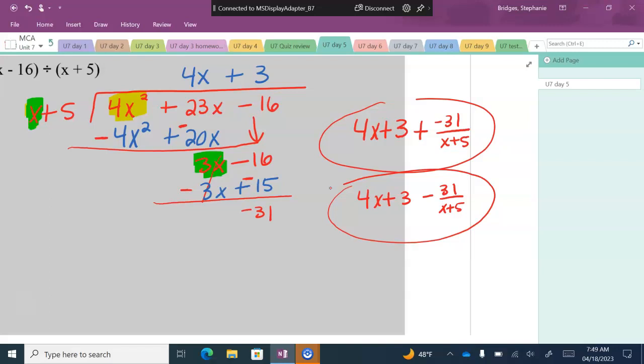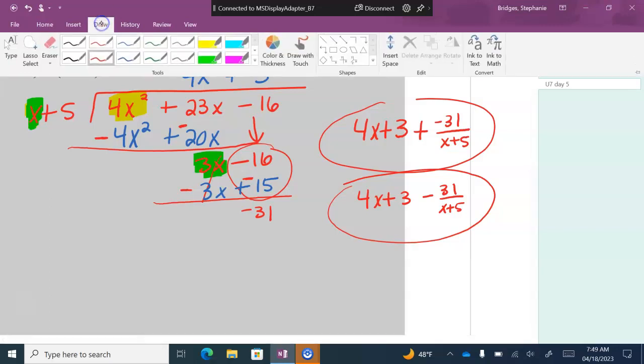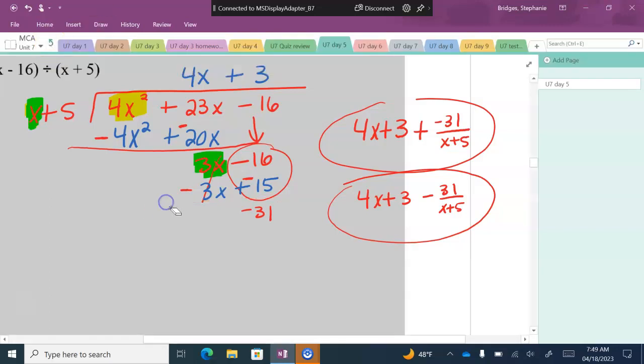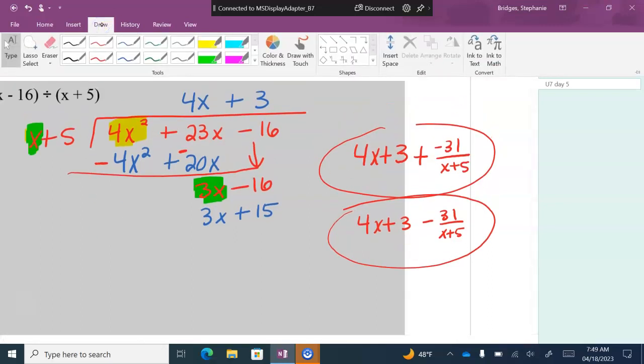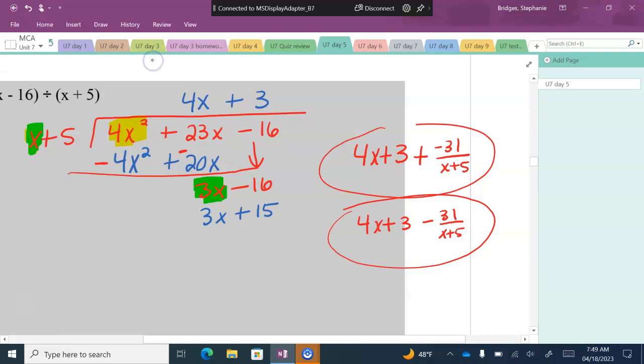Anybody have any questions? Negative 31, because I added the negative 16 and the negative 15. Because when I subtract, let me erase, hold on. Okay. So what I'm doing is I am taking, to get that 3x and that 15, I'm taking this plus